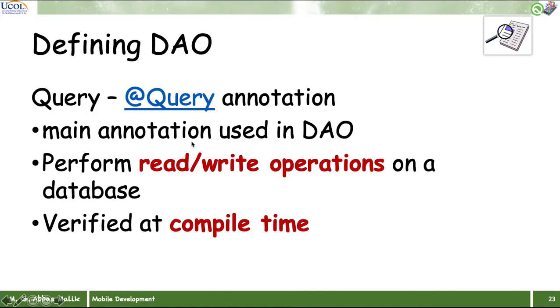The Room compiler is going to verify that particular query. In our normal way of accessing the tables, where we write the queries, those queries are strings. Here again, the queries are strings, but they are not checked at compile time. When you try to run those queries on the database, it will return runtime errors or exceptions, and sometimes the messages coming from the database are not very clear,